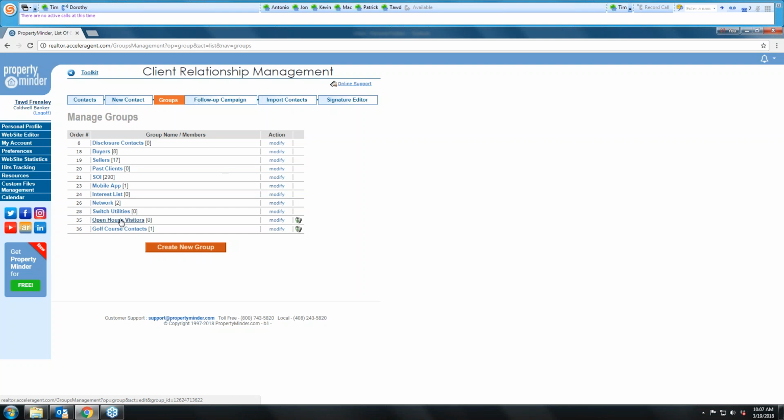That kind of stuff. So then you can put him into the golf course context. So you have one person in multiple groups. So you could have people in more than one group so that you can market to them on multiple levels. If another property goes on the market in that neighborhood and you know that this individual is a nosy neighbor,